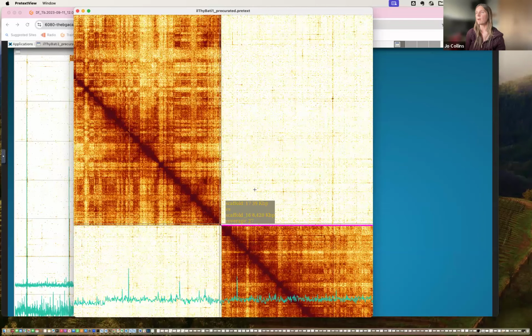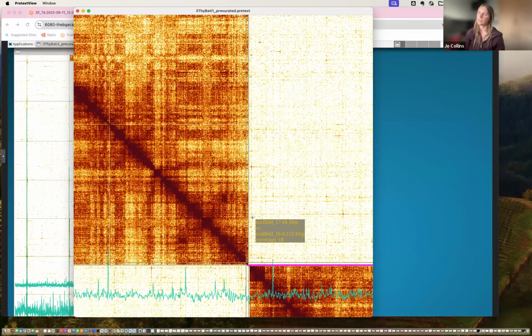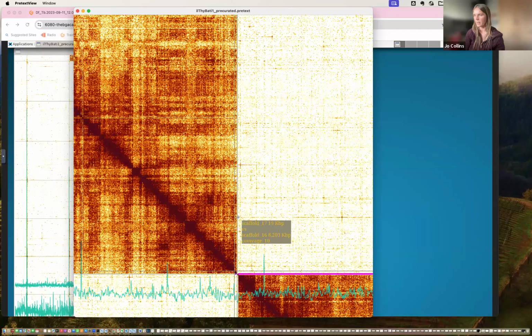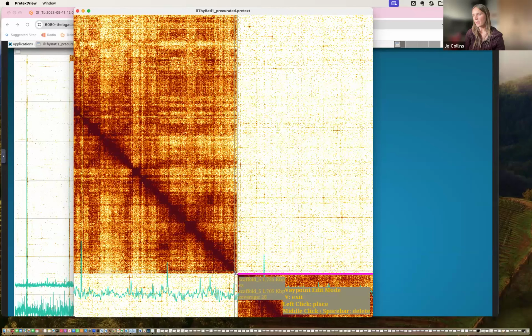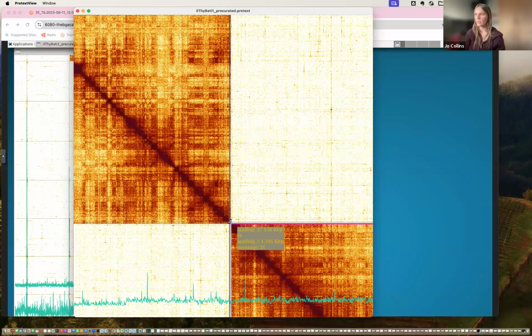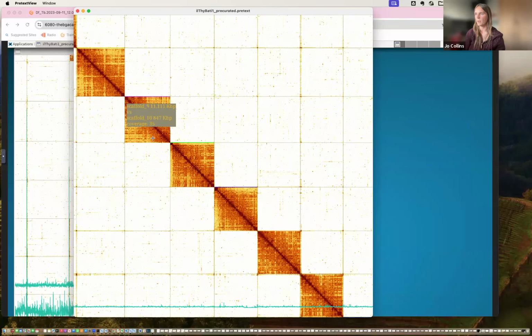And this might be where I would use a waymarker tag, just to know that I need to come back to this to get some confirmation. In order to use a waymarker tag, we press W, and then you can left click on that piece. That puts a tag on so that you know that's something to come back to. So we'll go back to the scaffold that we took it from, which was scaffold 5, and we'll carry on